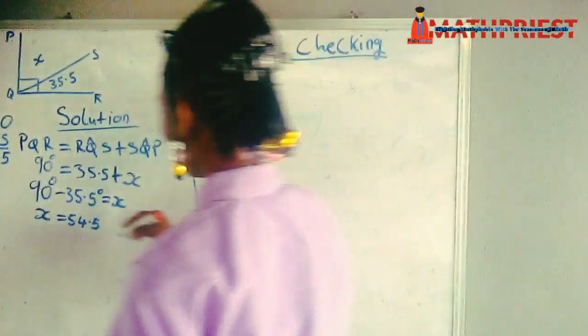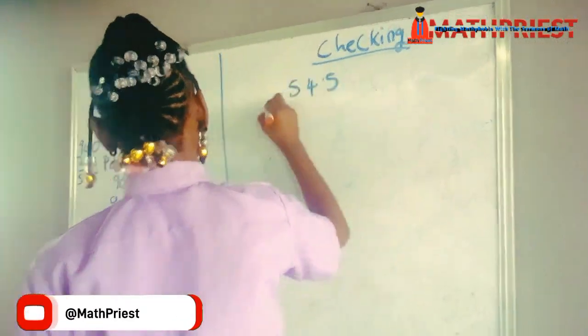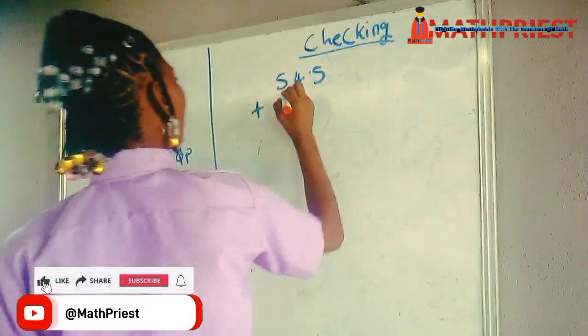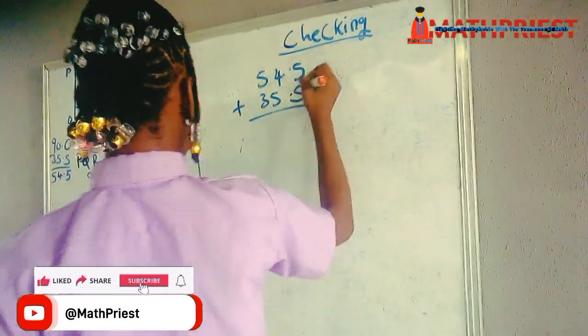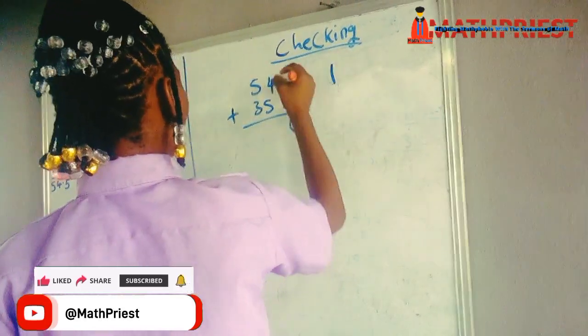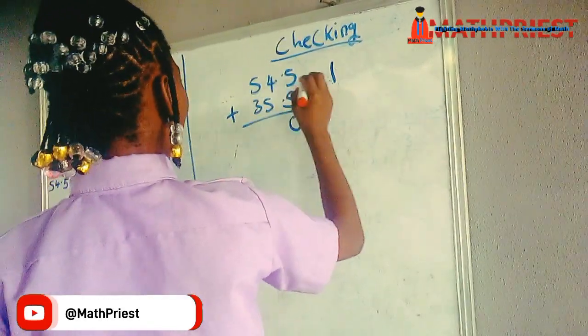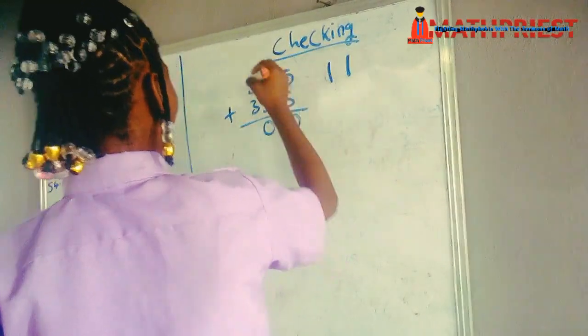So we add 54.5 plus 35.5. 5 plus 5 will give us 10. Write 0. 4 plus 5 will give us 9. So we add 1 will give us 10. 0. 5 plus 3